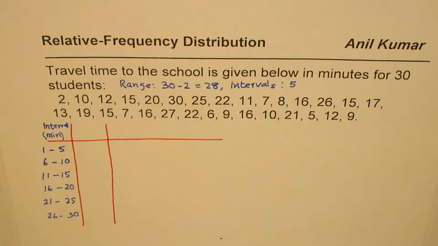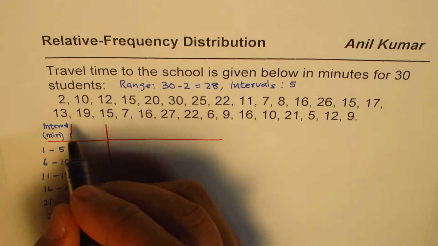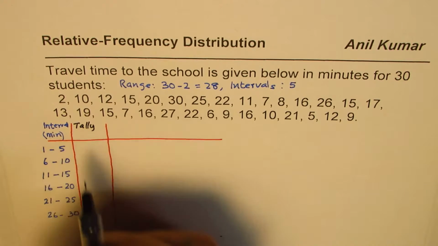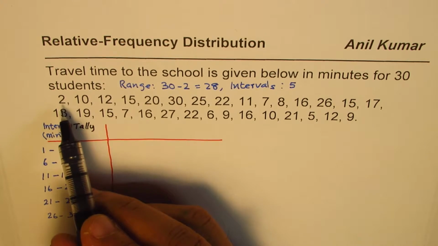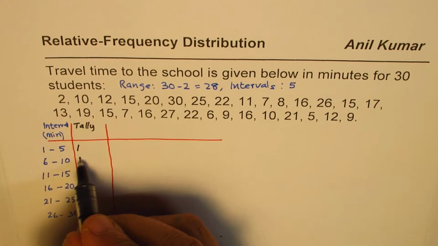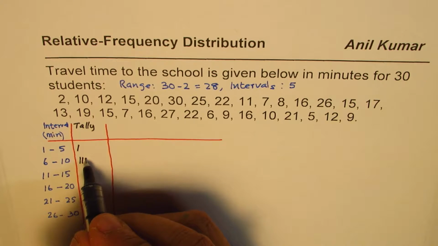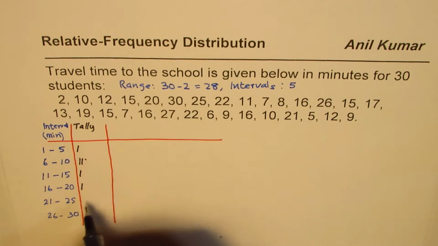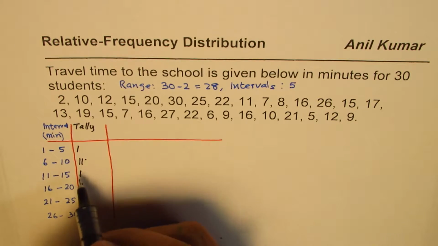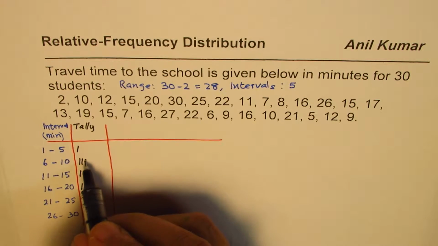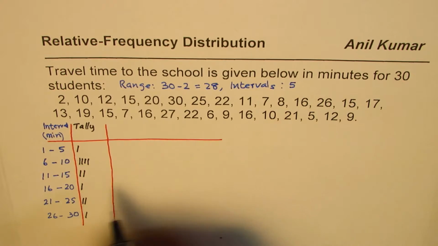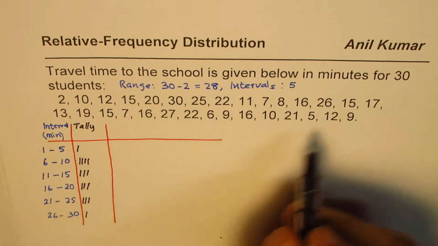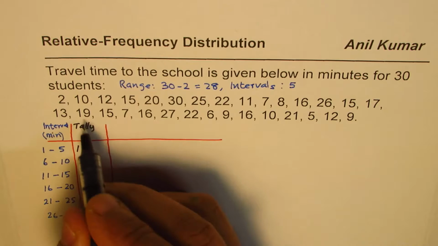Now, in the tally chart, let's write down tally here and figure out how many students fall in which group, right? So that is the tally which we are going to look for. So 2 will come in the first one, 10 in the second one, 12 in the second one, 15 will go here, right? And then 20 will go here, 30 last one, 25 right there, 22, 11, 7 and 8, 16 and 26, 15 and 17. 15 goes there, 17 comes here. 13, 19,